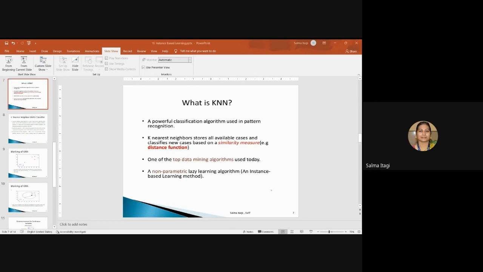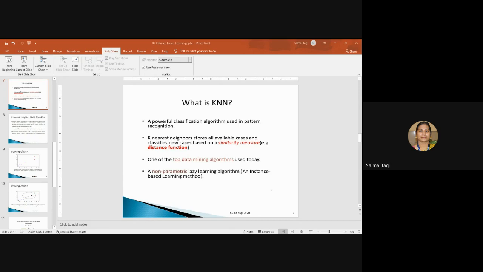One example: you can see the purple data points belong to one classification, and the red data points belong to a different class. If there is a new data point, the black dot at the point 60,60, which class does it belong to? This is measured using the k value, the number of classes or clusters you want.